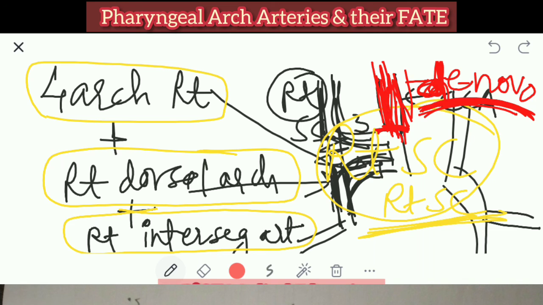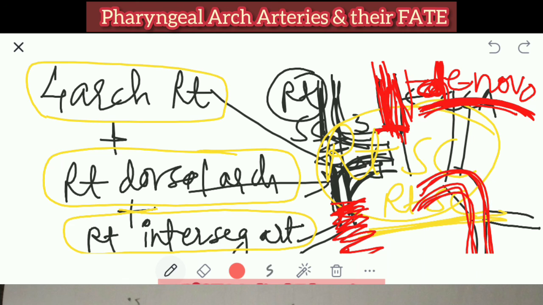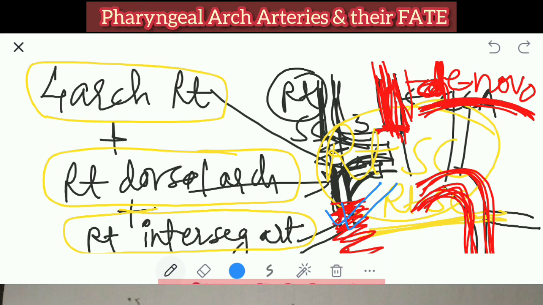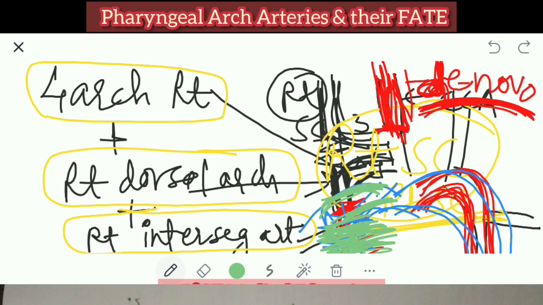Understood? Okay. Now as we learned, the dorsal artery arch on the right side regresses, and on the left side it continues and forms the arch of aorta and the descending aorta. But if the right side aorta does not regress, the person will have a double aorta. You will see it in the X-ray or in the CT scan. The initial portion is forming the subclavian, the fourth arch artery on the right side. But if the distal portion of the right dorsal aorta persists, it is going to form the double arch aorta.